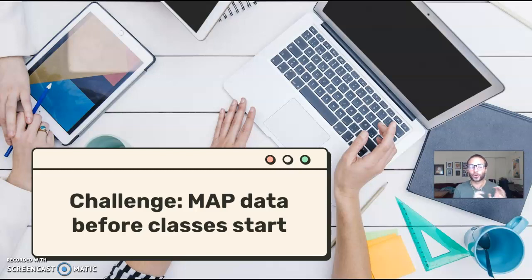The challenge, of course, is that we need MAP data then before classes are actually started, right? If those are our two goals, we want teachers to bring this into their classroom and we want to make the right enrollment decisions. That means that we need this information before classes start. Historically, we have just kind of said, oh yeah, you need it to test, and different campuses have told me different answers in terms of what answers they've gotten in the past. But the goal really is to get this information prior to kids being in classes.